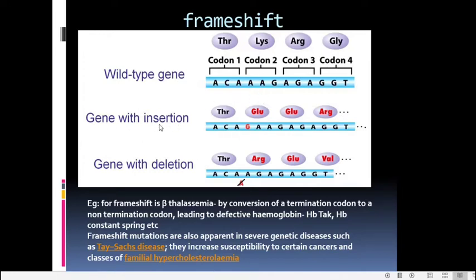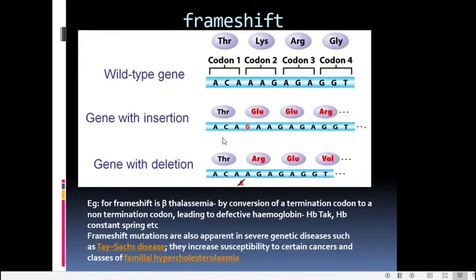We go to the second row where there is incorporation of an extra base. There is incorporation of a nitrogenous base in between this A and A. You can see the last base in this codon and the first base in the second codon. Both are A. Here you can see by mutation a new base has been incorporated in between, that is G. So here an insertion or an addition of a nitrogenous base has occurred.